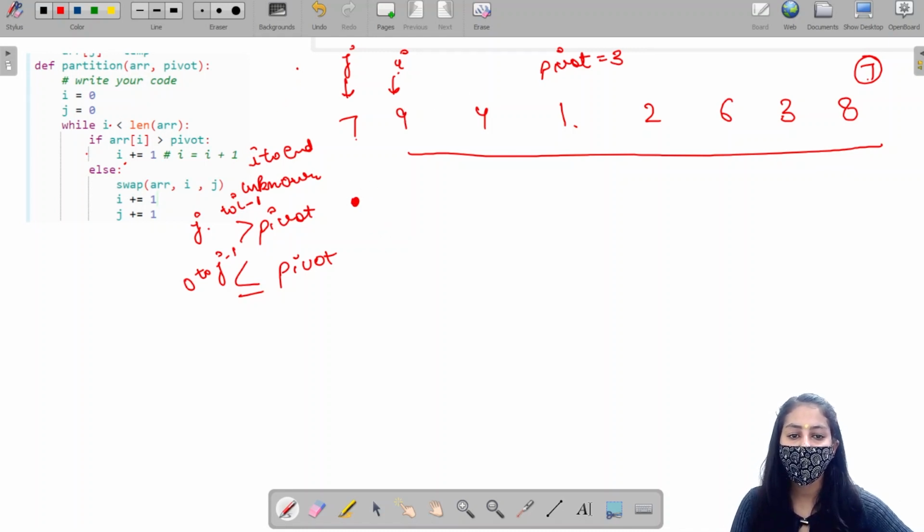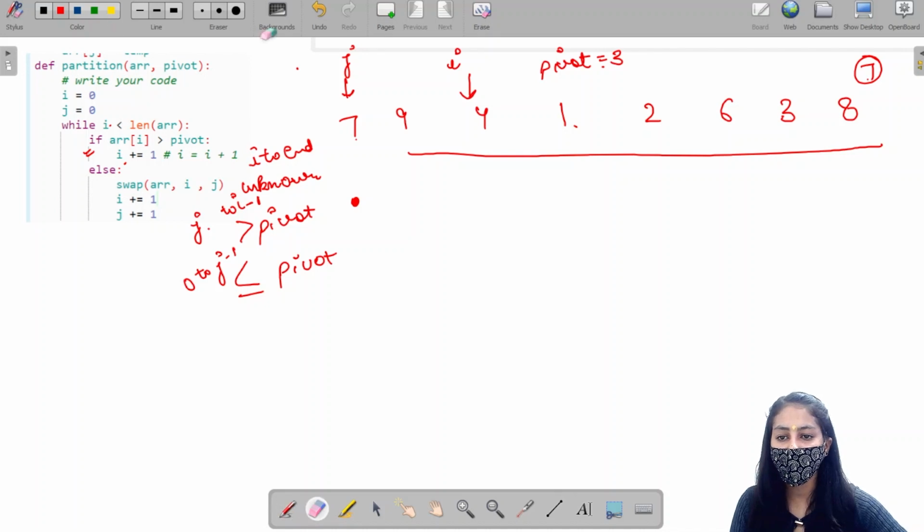Now 9 is greater than 3, right? This means this condition will run, and I will increment by 1. Now the unknown region will decrease to this, and the region which contains the elements greater than pivot is increased to this, right? And this is not defined because we haven't got any element which is less than or equal to pivot.